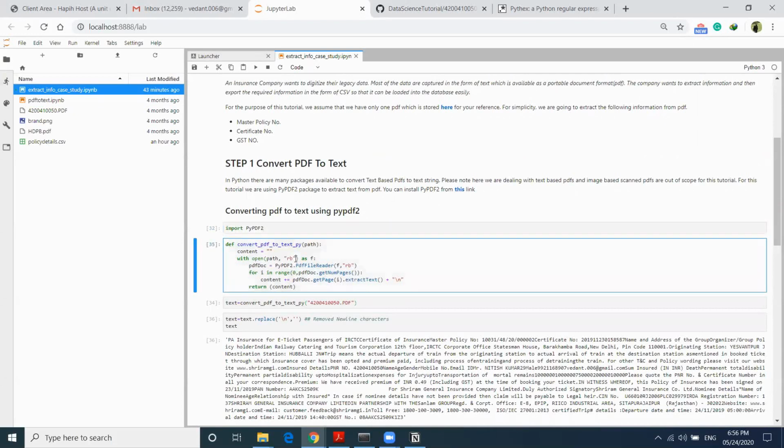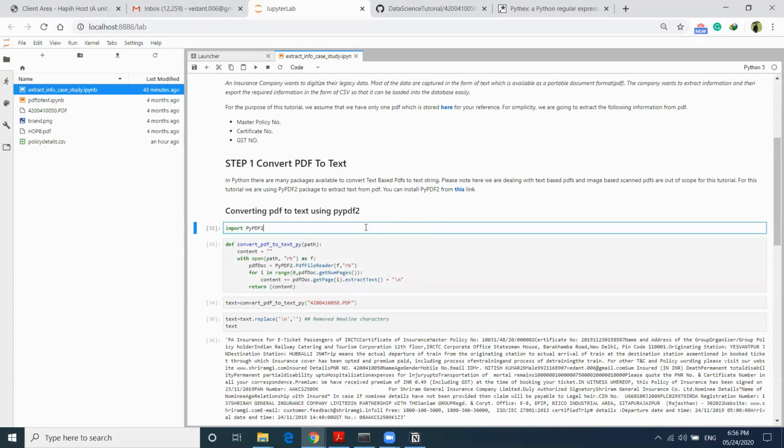Using PyPDF to extract the text is very easy. We can use the PyPDF2 PdfFileReader object, and then using the extractText function we can extract the text.